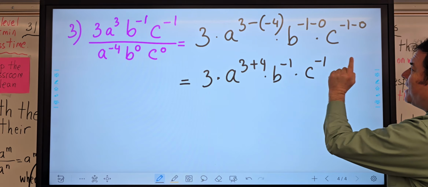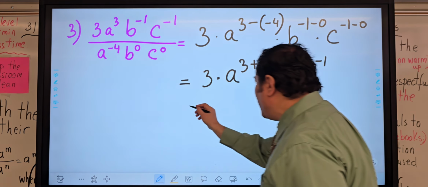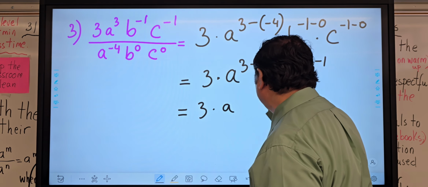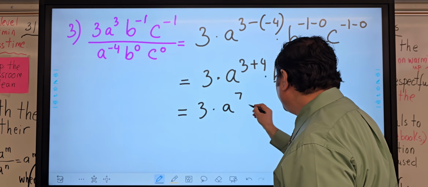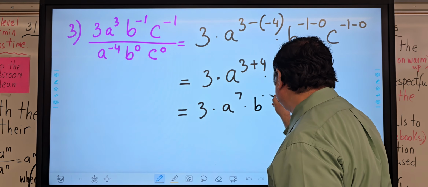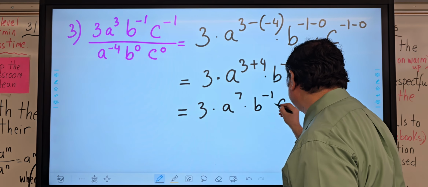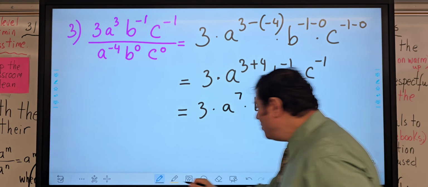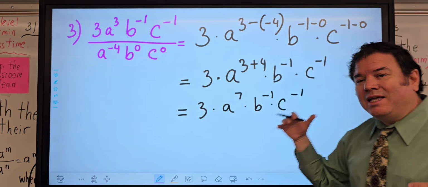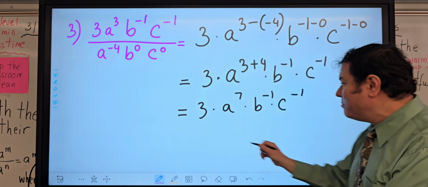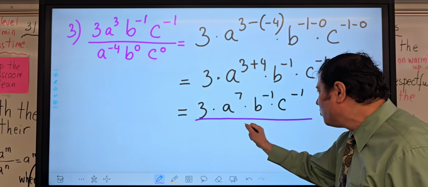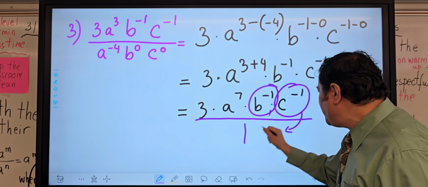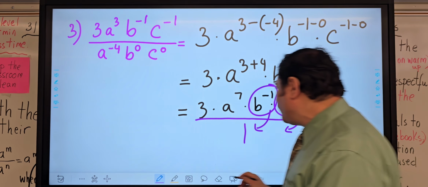And now we have some negative exponents that are not happy. We are going to take care of that later. So now we have 3 times a to the power of 3 plus 4 becomes 7. And times b to the negative 1, c to the negative 1. But now we know that those are unhappy exponents, and now we need to create the downstairs and upstairs by dividing the entire expression over 1, and we are going to bring these unhappy exponents to the bottom, and they become positive, okay? So our final answer should be